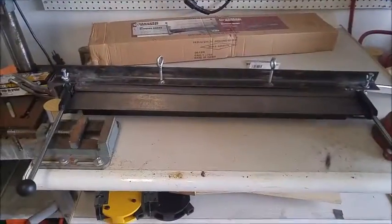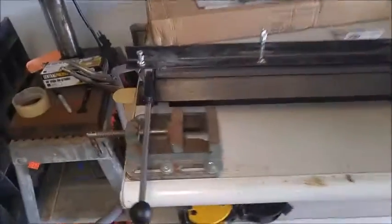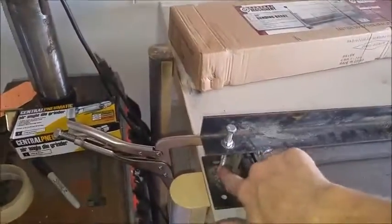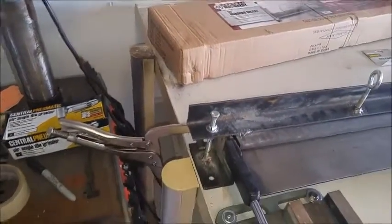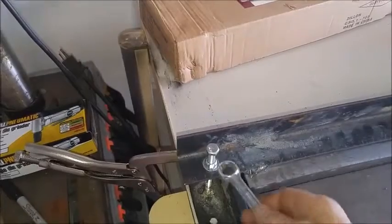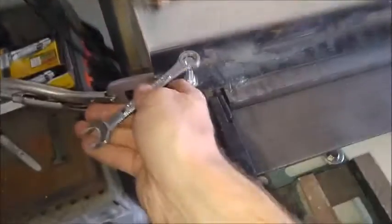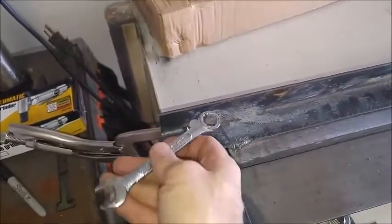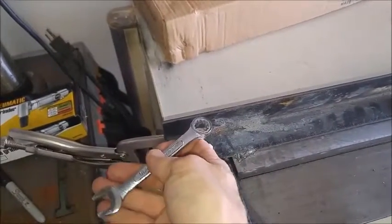Alright, here we go with a demonstration of breaking things down. Now, like I said, the gentleman on YouTube had a threaded rod coming up here, but I want to be able to break mine down. It's for storage. So, what I've got is a 4-inch bolt going through here, and with that nut being welded down there, all you got to do is take this bolt out